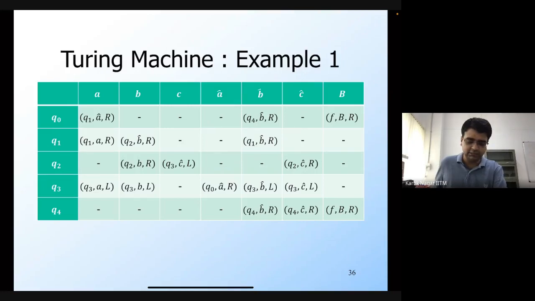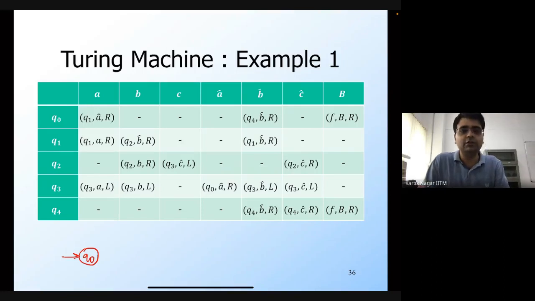So very quickly, let's look at some of the states and the transitions. This Q0, as I said, is the start state. Beginning from Q0, I'm going to make this left to right pass, marking the first A. Whenever I see an A, I'm going to move to the state Q1. I can also express this diagrammatically as follows: from Q0 to Q1, if I see an A, then I convert it to an A hat, and then I move to the right. So this is how I can express it in the form of a diagram.